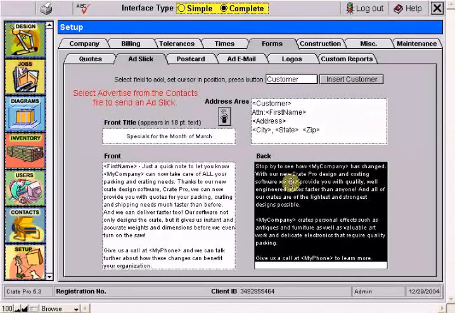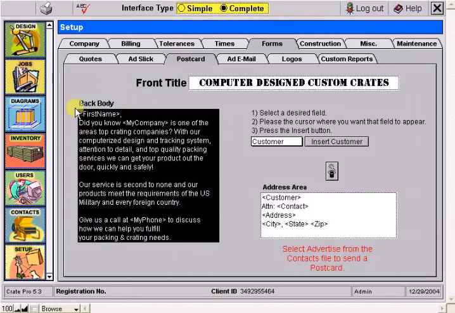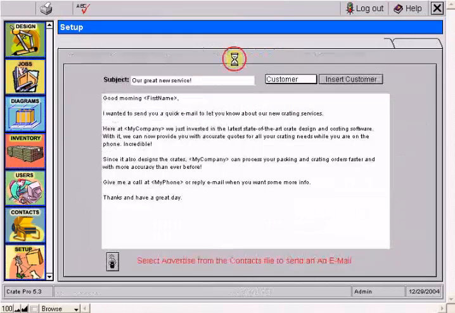So if you're a large commercial creator, this may not do anything for you, but there are features here for everybody. The postcard feature, again as an example. Now CratePro is set up to print the front and back of a postcard if you want to. CratePro has some Crate designs already on the front. That's in case you don't have a postcard, but it is set up so that you can also have your own pre-printed postcards and put your message on the back. So this is something that you can use for more commercial type customers as well, just like you can with the